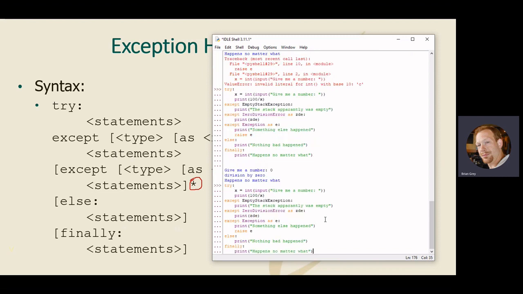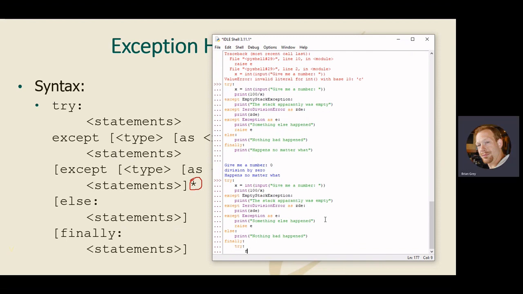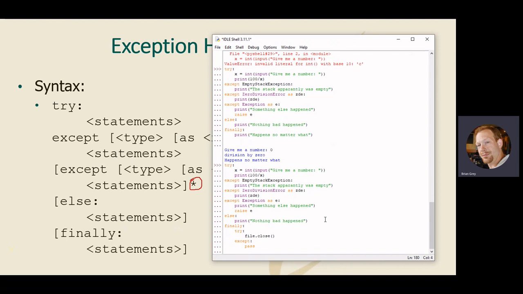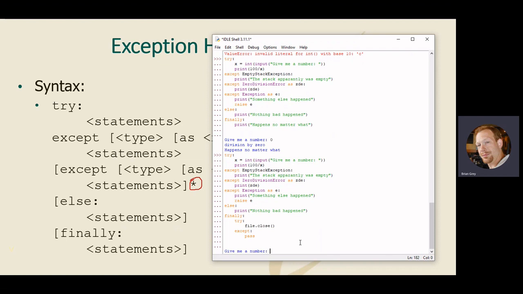This is great to do if you're dealing with files or database connections or things like that. You can just do file.close here, guarantee that it closes. And then you can just do a generic except and pass. And this is okay. Because what this says is, hey, try to close my file. If my file's open, it'll close. If it's not open, it'll throw an exception, but I'm going to catch it and okay, it's closed. That's what I want. If it doesn't even exist,